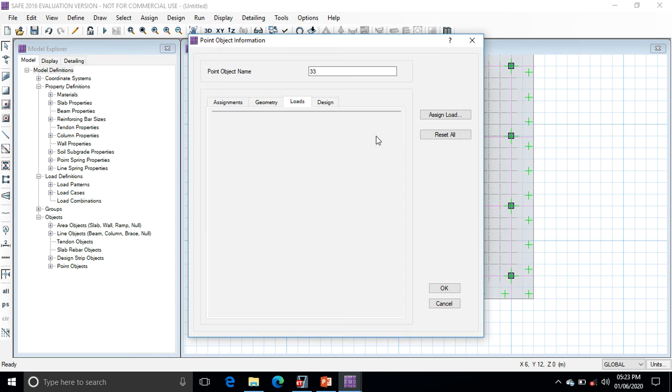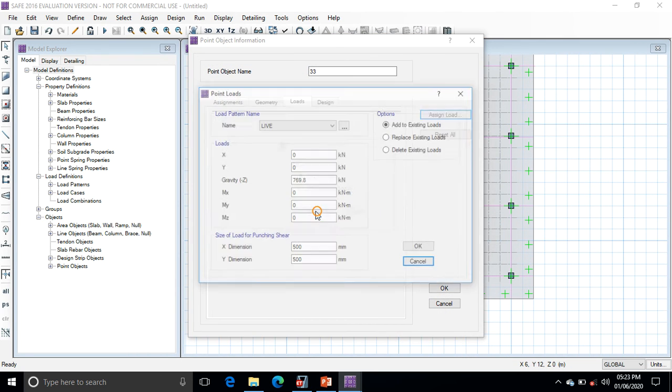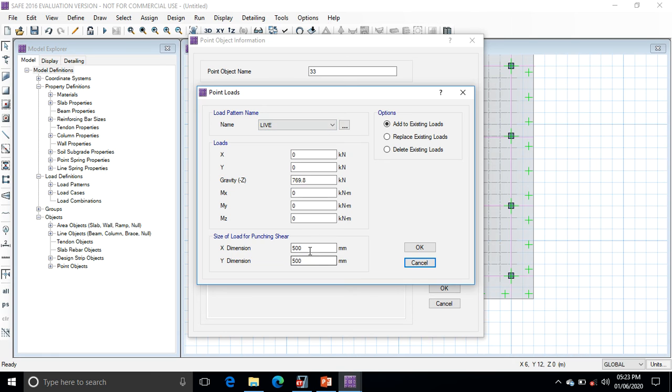For intermediate also assign the load. Only the dimensions here are 600 by 600.